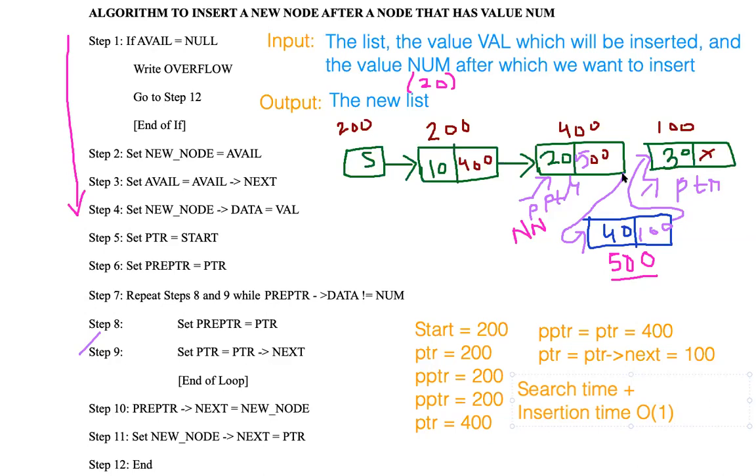So insertion algorithm in case of a linked list is a constant time compared to the array which is order of n in any case except the last case. If we talk about the space complexity of a linked list, you can understand it is going to be order of n like array, because if we want to insert n number of nodes, naturally the space required for the n number of nodes will be equal to the n into